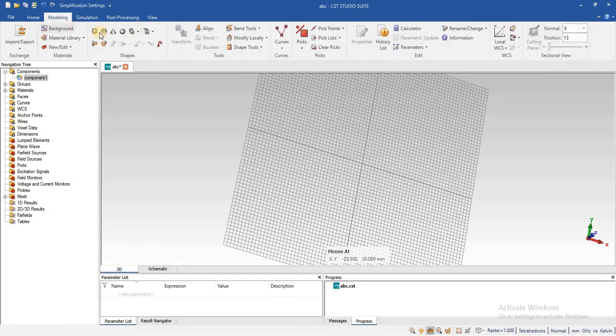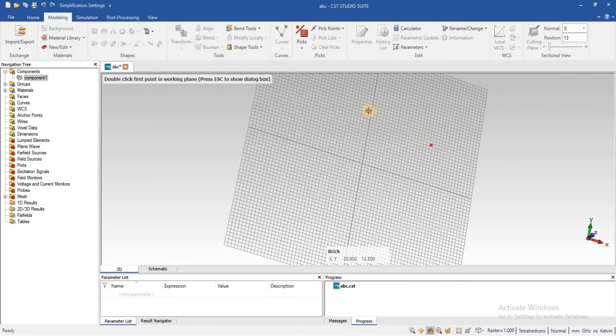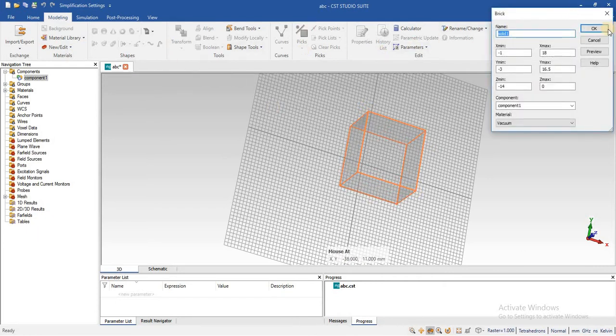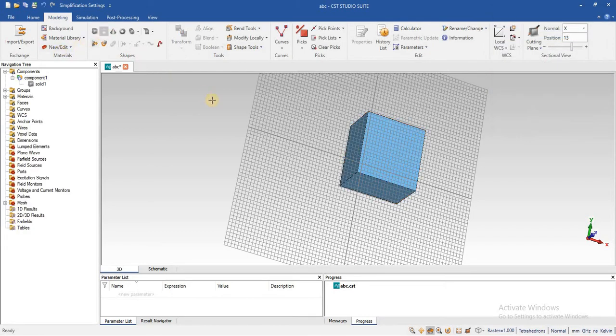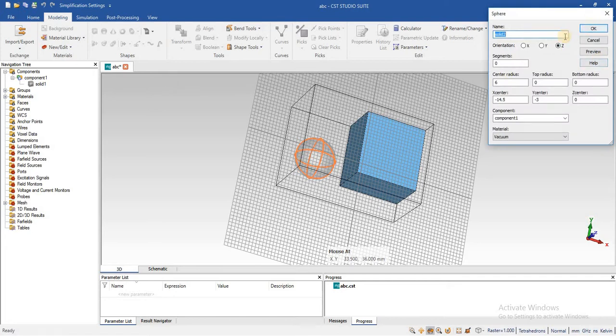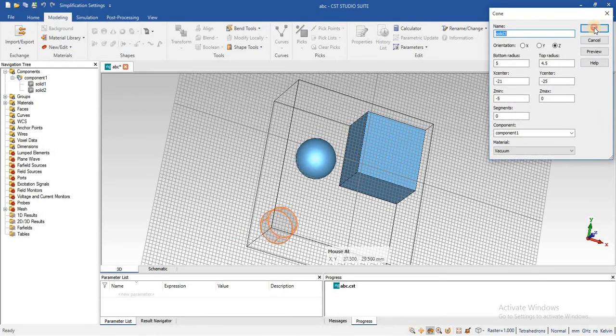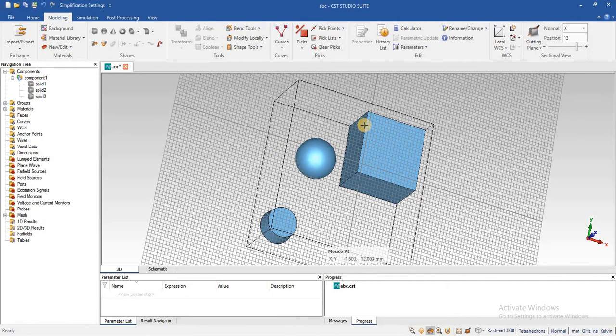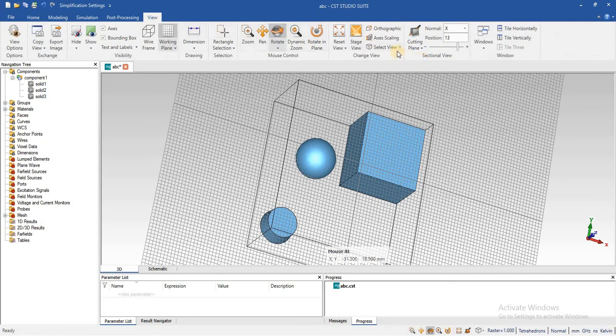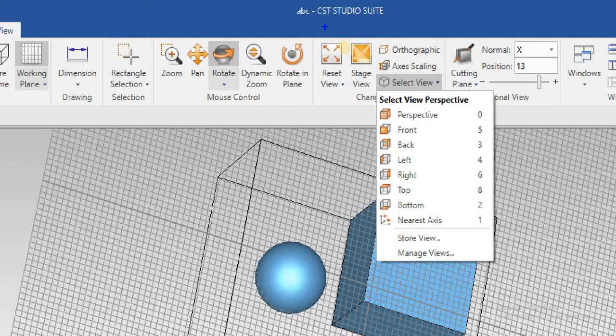First, draw some objects. Now go to the View tab and here is the Select View option.